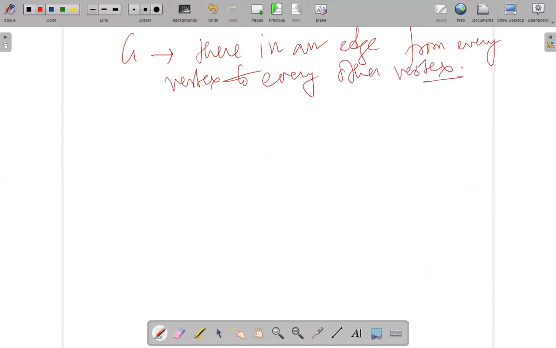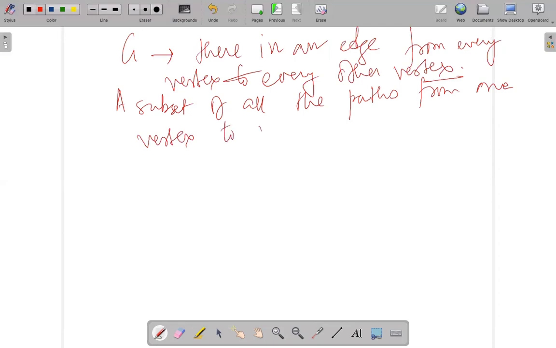Now, if this is the situation, then a subset of all the paths from one vertex to another vertex